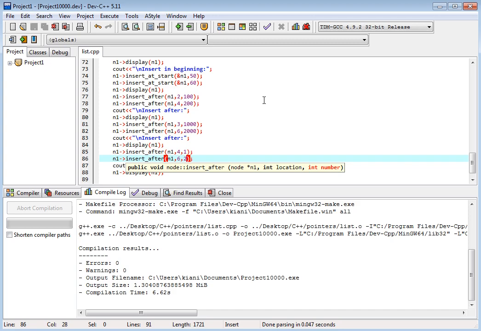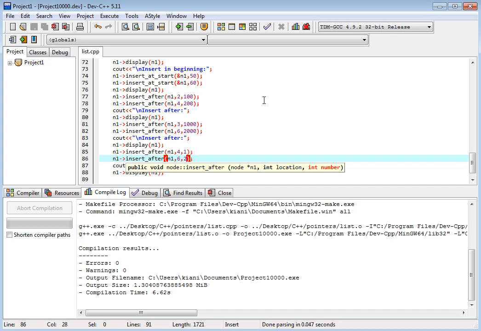Then we should put the link, and we free that temporary variable. Okay, so we should have number.